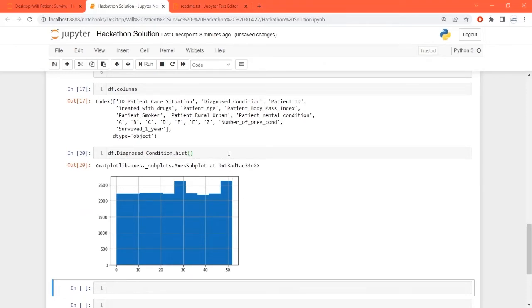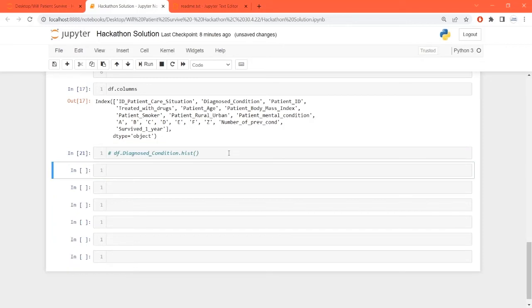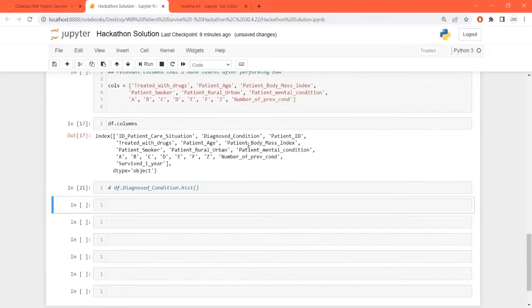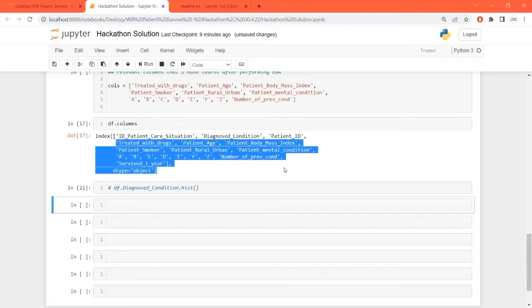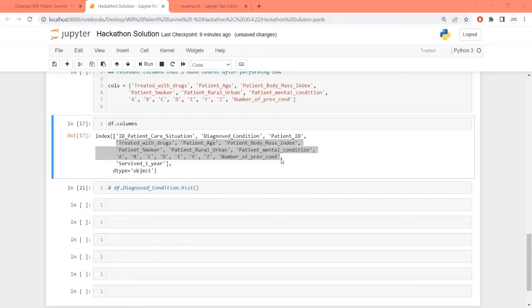I'm not taking it, as when I cross-checked, it was not contributing much while giving the prediction. So I'm not taking that one. Same for patient ID. Only from treatment with drugs till the last, number of previous conditions, this we are looking forward to take care of.